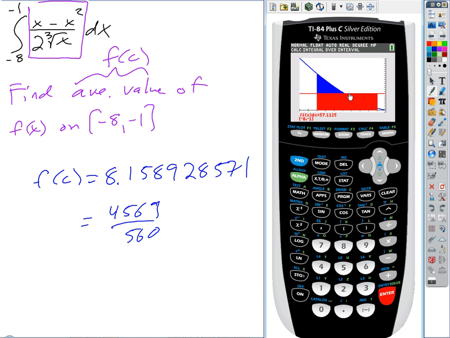No, right after that. Oh, this part right here? Yeah. Okay, you don't ever really need to do that. Because you know that if I were to graph the area of the rectangle, it's going to be the same as